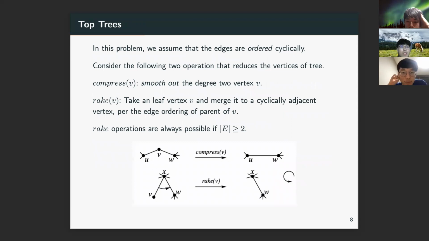So in this problem, we assume that the edges are ordered cyclically. What does it mean? For each vertex, there are child nodes, and usually we don't care about their order, but when we store them in an adjacency list, in practice we have an order for the children. We have first child, second child, and so on. In practice, we have an order for the children,